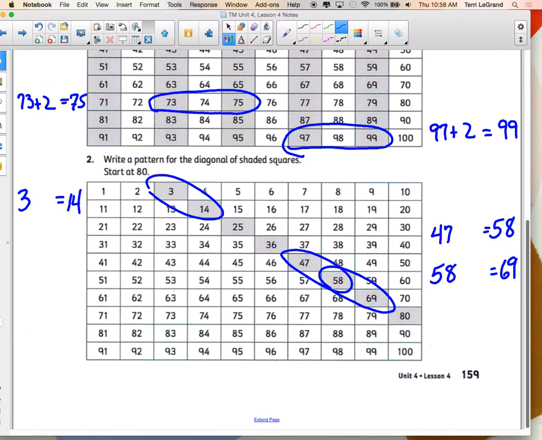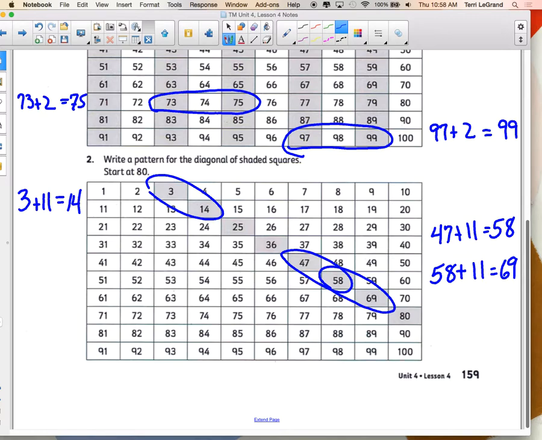Okay, so I'm going to see if it works with the 3 I chose. 3 plus 11, yep, that's 14. 47 plus 11, yes, that's 58. 58 plus 11, sure enough, that's 69. Okay,